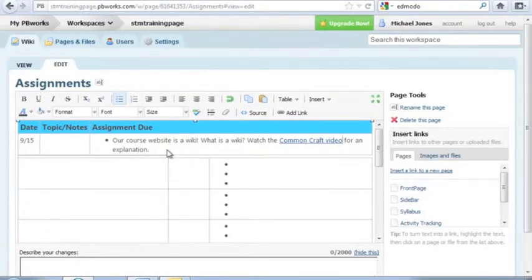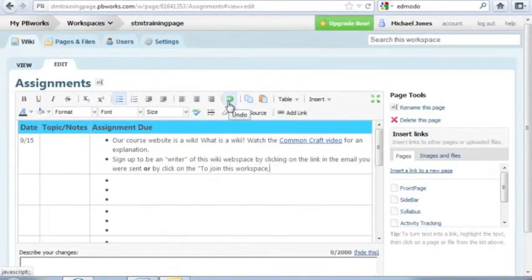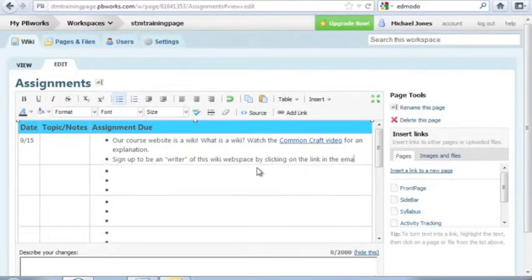Okay. So that's not really doing what I want it to do. Anyway, I'll just delete all this stuff just to get rid of it. Once you get rid of all that, then you can just add whatever it is that you want. Also notice over here where it says topics and notes,